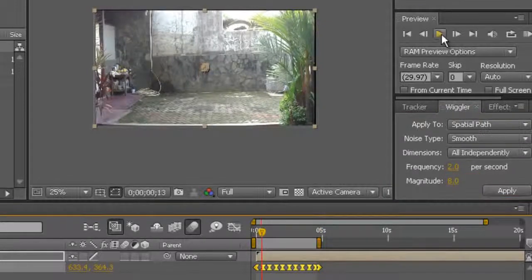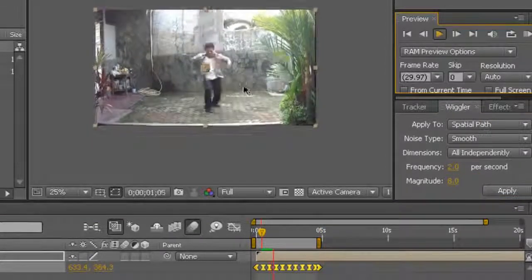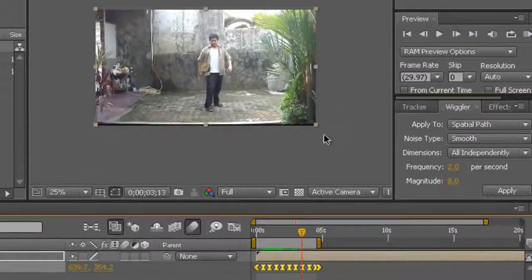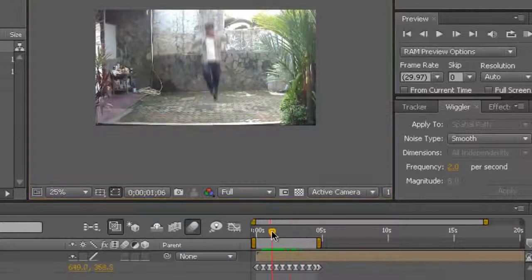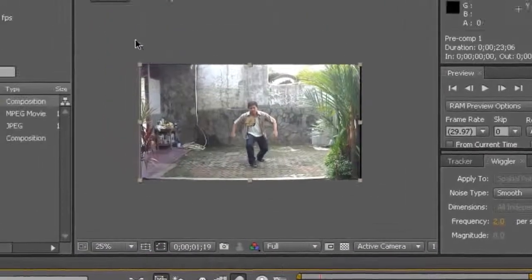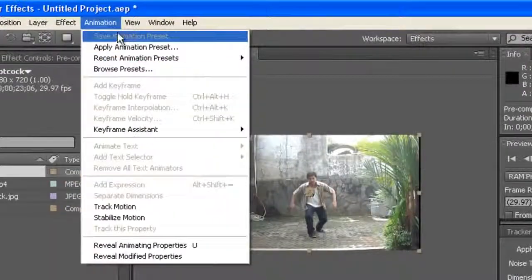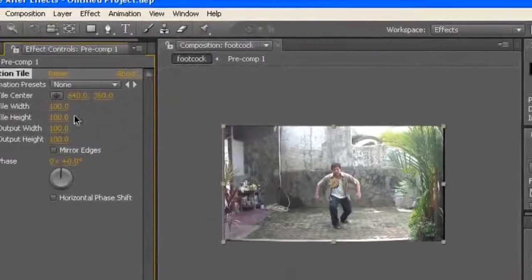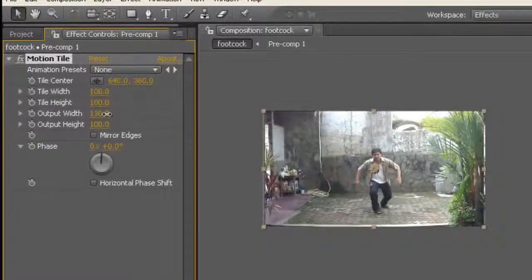And if you play this video, you got a shaky camera, but we got a problem here. You can see the black area, so to fix that, you can select the layer and you're gonna go to effects, stylize, motion tile, and then the output width, just make it